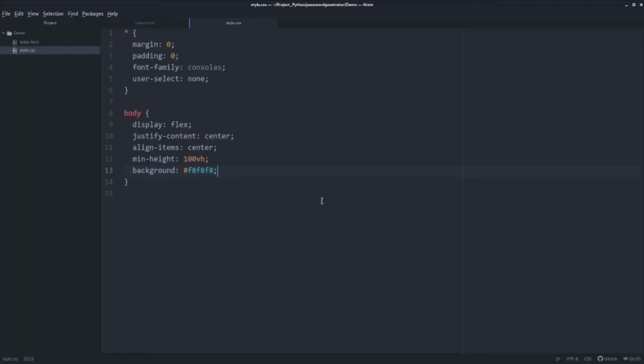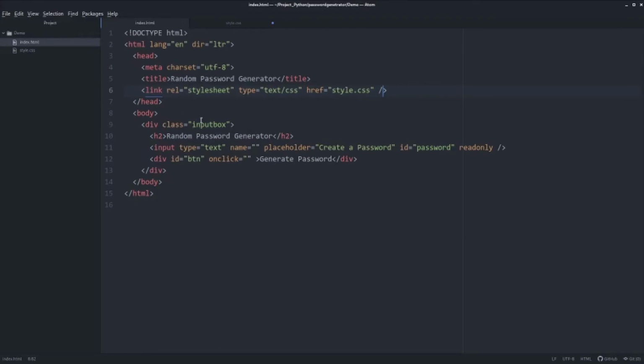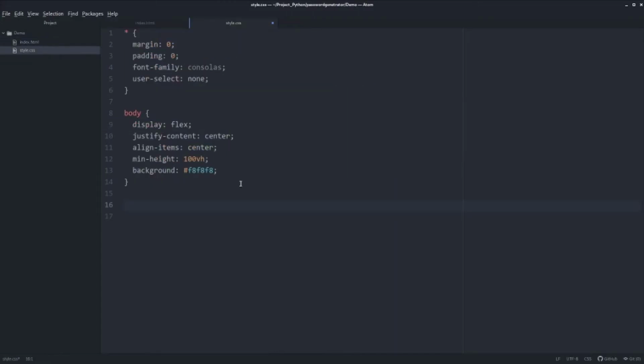We'll come to the Chrome browser again, and you would instantly notice that our styling has been changed a little bit more. Now coming back towards the CSS style sheet. Now the next thing I want to give is, if you go to our HTML, I want to give styling to this input box. And what do I want to give it? So if I'm willing to give the input class styling, I will just write